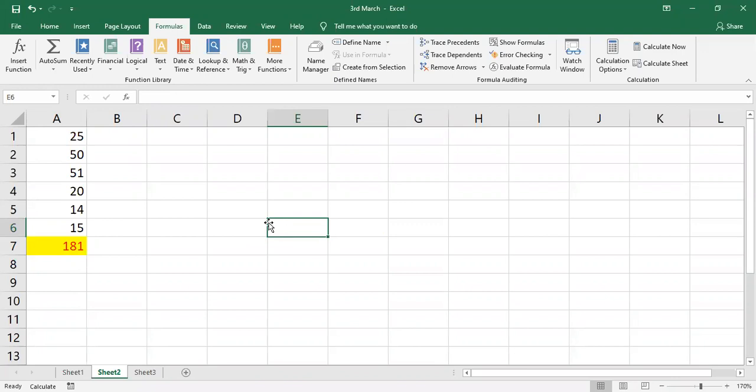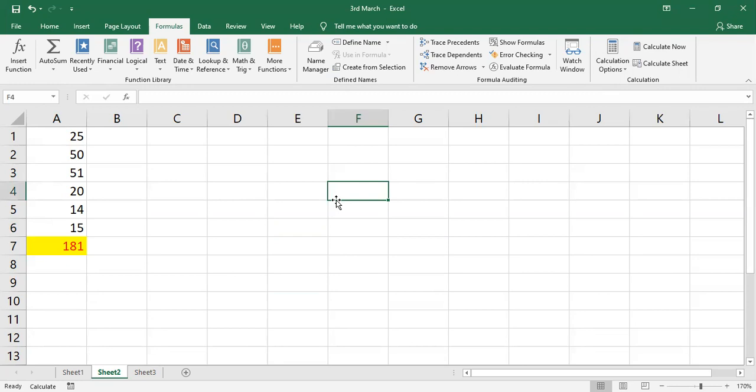See, now to update the changes only in current sheet, I use which option? Calculate sheet. Calculate now means wherever you have used that range, everywhere it gets updated. Now my question for you all is, now I have made some changes. I want to update it in sheet 2 as well as sheet 3. So which option I have to use? Should I use calculate now or calculate sheet?